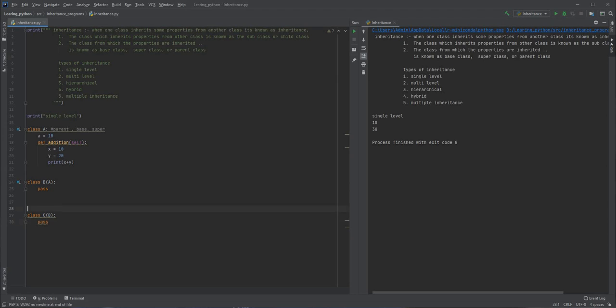Now this class C has become the child class of B, and B became the superclass or the parent class for C.